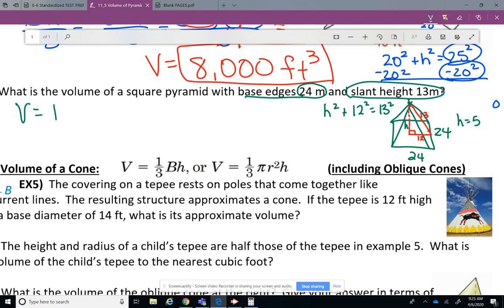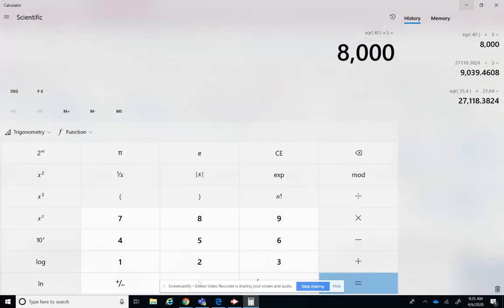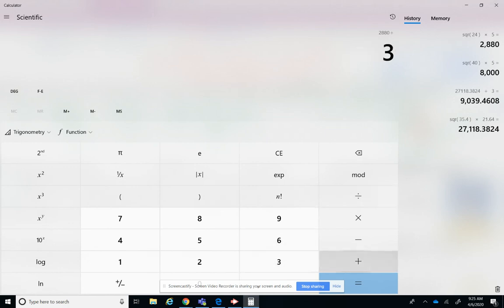All right, so the volume is the area of the base times the height divided by 3. It's a square, so it's side squared times the height divided by 3. The square is 24 inches on each edge. So 24 squared times the height, which is 5, divided by 3. I cannot cancel for this one. All right, so we're going to go do 24 squared. So I'm going to clear this out. 24 squared. And then we're going to multiply that by 5 and then divide it by 3. So times 5 equals, and then divide it by 3 is